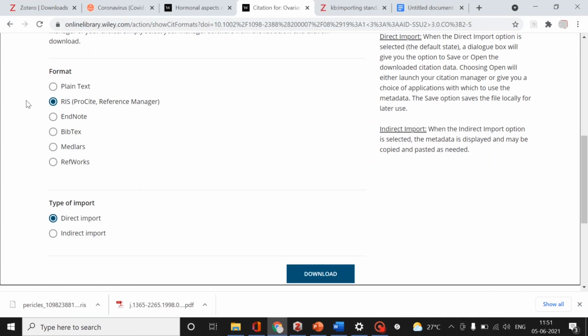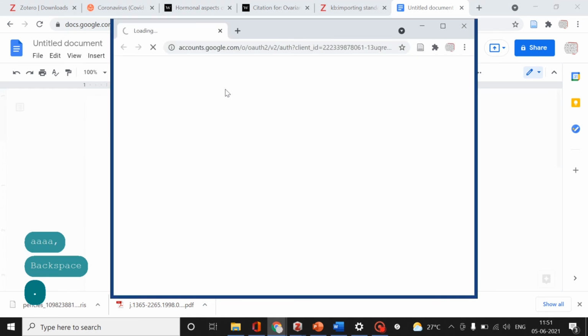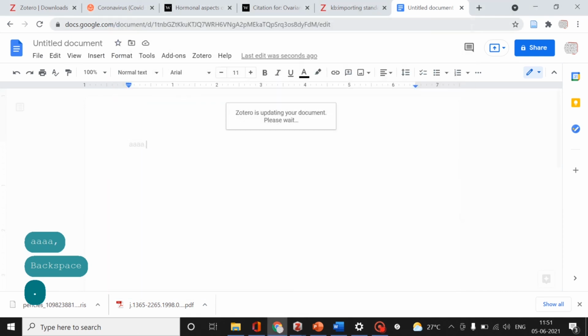One more advantage with Zotero is that we can use this Zotero in Google Docs also. In the same way, you can type here, click on Zotero, add and edit citation. It is just signing in.